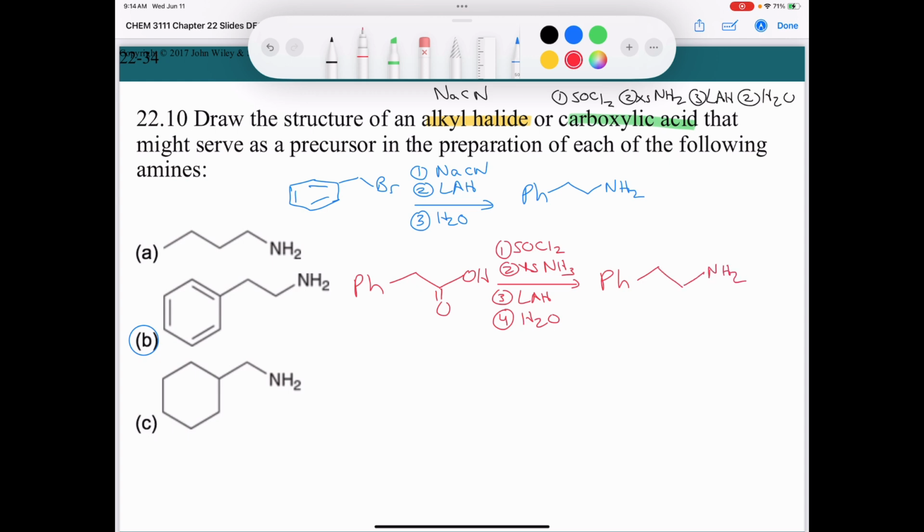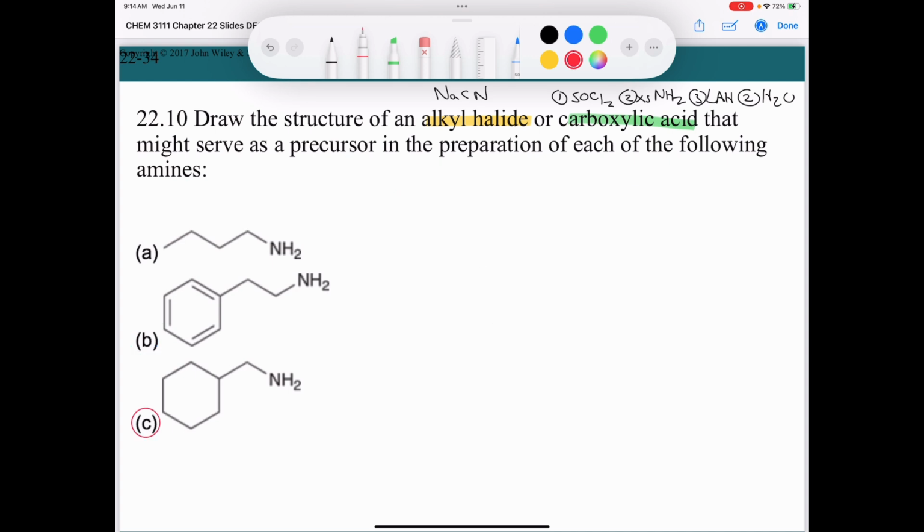So let's try the next one. For C, if we do the alkyl halide method, this carbon and this nitrogen are going to come from the cyanide. And so our starting material is just going to be cyclohexyl bromide or iodide or chloride, doesn't matter. First step, some sodium cyanide. Second step, throw some lithium aluminum hydride in there to reduce. Then you need to do your proton transfer with water, not H3O+,